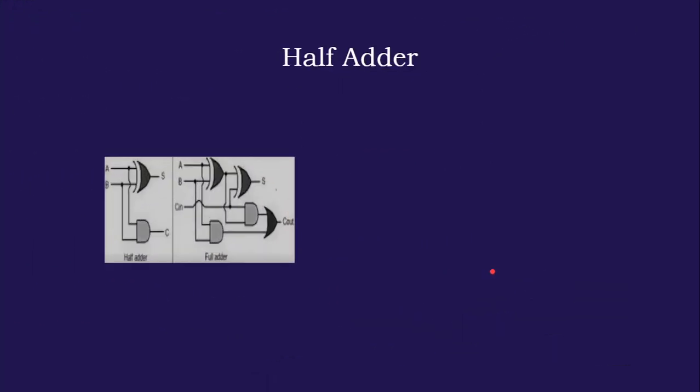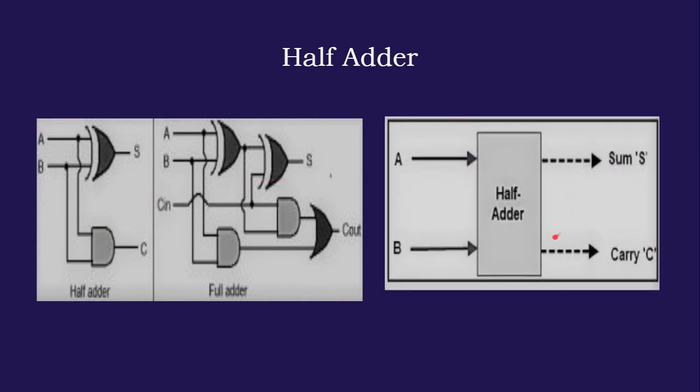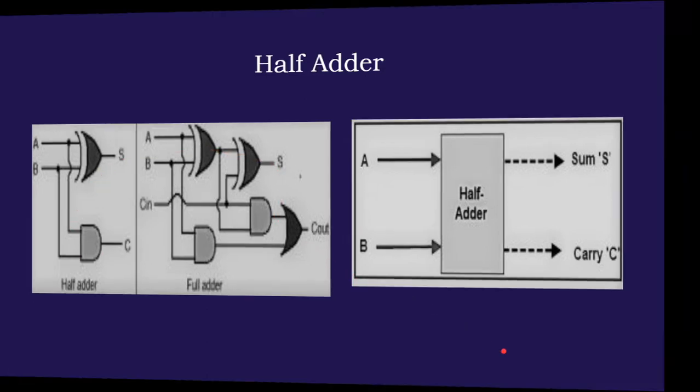Let us see what is a half adder. This is a diagram for half adder. This half adder has the pictorial definition like this. So this is a half adder. Inputs are 2, A and B, and the outputs are 2, sum and the carry. And this is the gate diagram for the half adder. The half adder has one XOR gate and one AND gate. Two half adders together form the full adder.